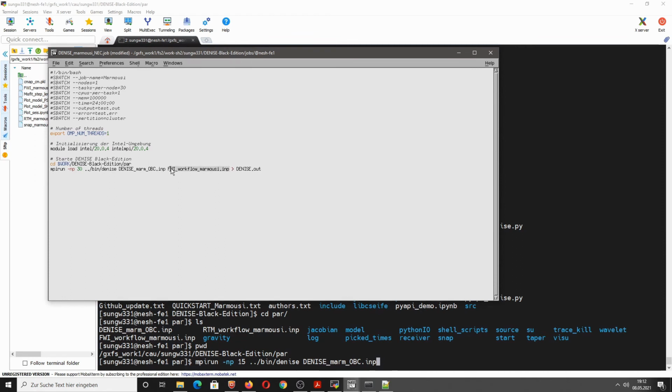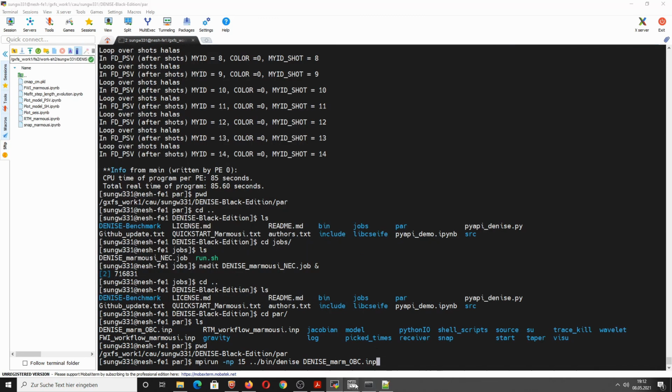This file is actually not necessary for the forward problem. And then you can pipe the output also into this Denise.out file. Now we are using 30 MPI processes instead of 15 as in this example.